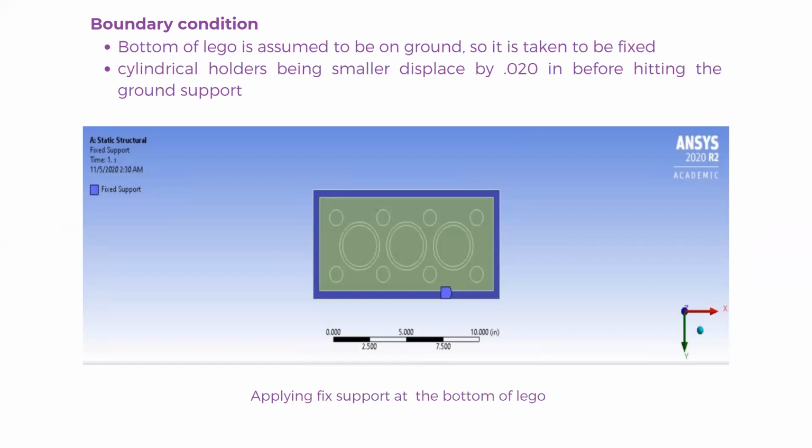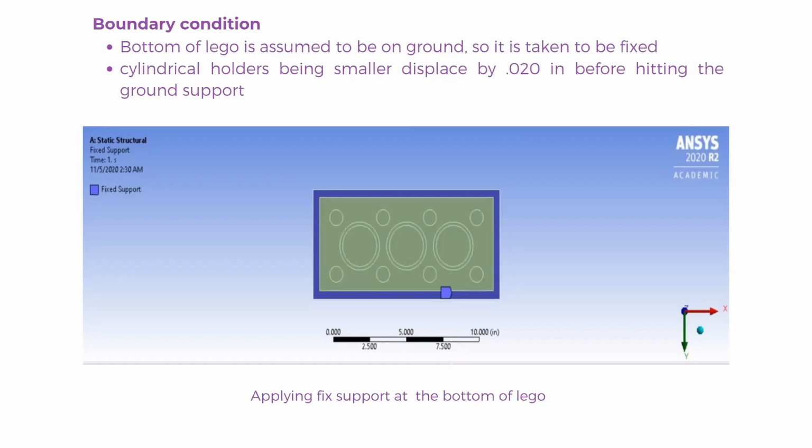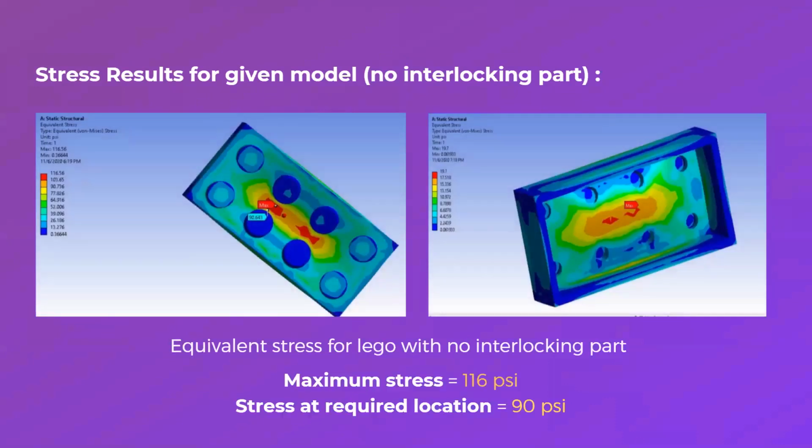So we ran this test on different types of models. We also tried this with a CAD feature and with a no CAD feature model. The result we got for that particular model was a maximum equivalent stress of 116 psi, which was at the center, while at the bottom of the stud, which was mentioned in the JPEG file to derive, it was not our maximum stress, but the value which we got there was closer to the 90s, between a range of 88 to 101. So for an average value, we have taken 90 psi stress for that position.